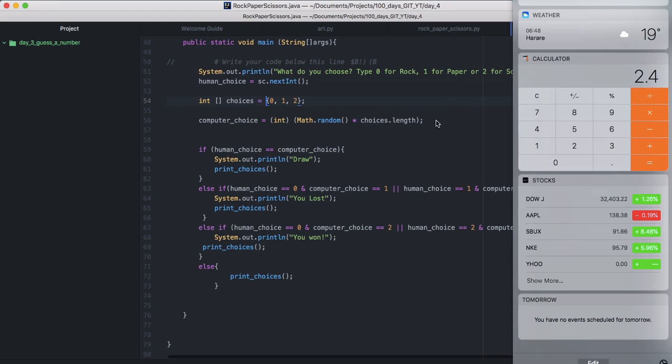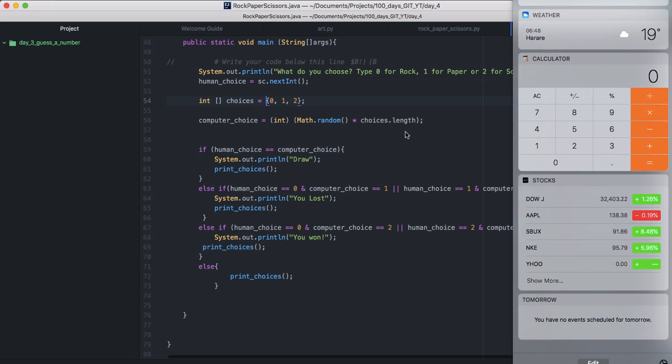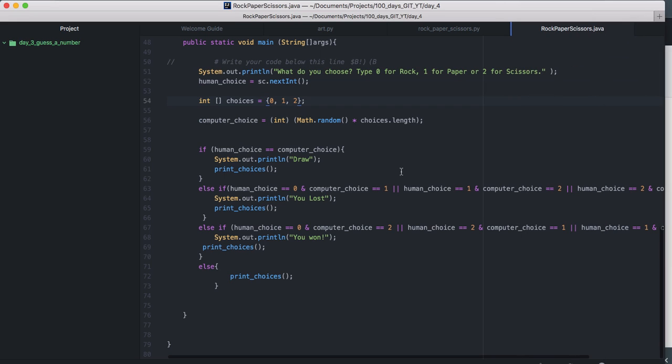So your choices will alternate between 0, 1, 2. It never goes beyond 3, because if it turns out to be 3, then you're going to get an index out of bounds, right? The largest number you could ever get, which is 0.9, will also be equivalent to something like 2 point something. So it never goes beyond 3. So that's the story with the random choices. That's how we do it in Java.